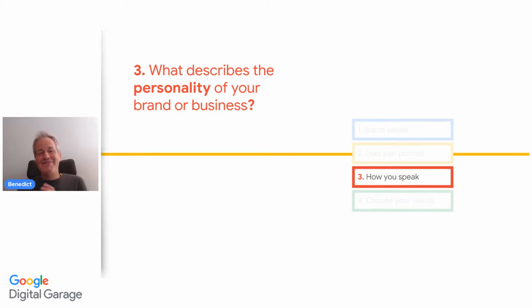Absolutely. Very true. Okay, so what describes the personality of your brand or business? How you speak. So now we've been building this all up, and we're at the stage where we're ready to try this for your business. I pick anywhere between 3 to 5 descriptive words to form a basis for how you communicate online. Always cut it down. Those are the pillars, as it were. These are the principles we're going to keep consistent with. So you can then use these adjectives to sense check all the copy you're writing, and it will help you to tweak it where necessary.